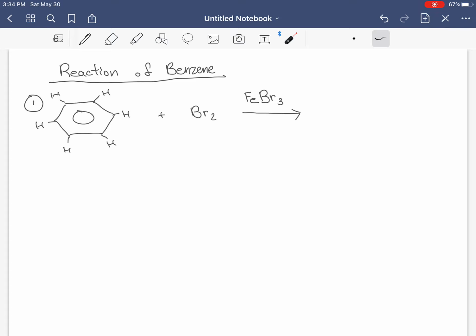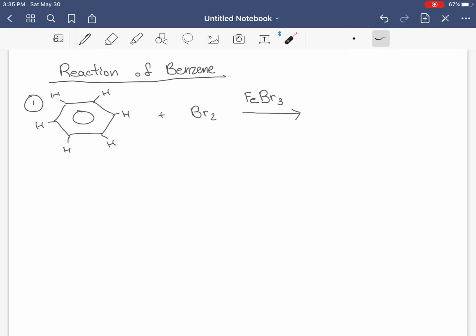Nothing will happen. Okay? Now, the reason is very simple. It's because this catalyst actually takes part in the reaction. Now, I know somebody probably told you before, I thought a catalyst doesn't take part in the reaction. Well, yes and no. Catalysts do take part in the reaction. It's just that at the end of the reaction, you get the same thing back. This is never consumed. You're not going to walk out of this reaction without iron 3 bromide. But nobody said that this bromide right here, or any of these 3 bromides, is the same bromide that you came in with.